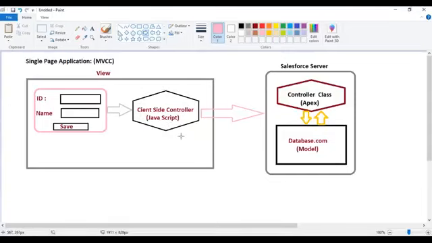That means instead of connecting to the database every time, most of the operations can be done on the client side itself, in the browser, with the help of the client side controller. And once the operations have been done, if it requires connecting to the database, only then will it initiate the Apex classes. That means Apex classes can be called with the help of JavaScript. Through JavaScript, we can invoke the Apex classes